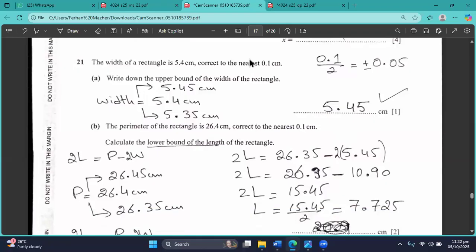So correct to this, divided by 2, 0.05 plus minus. So the main reading of the width is 5.4 centimeter. If you add 0.05, you will get the upper bound of the width, which will be 5.45 centimeter. And from 5.4 centimeter, if you subtract 0.05, you will get the lower bound of the width, which is 5.35 centimeter. They have asked us to write down the upper bound of the width of the rectangle, that is 5.45